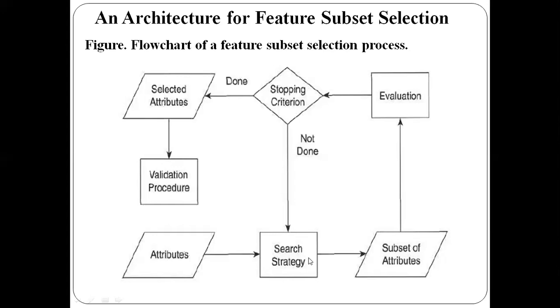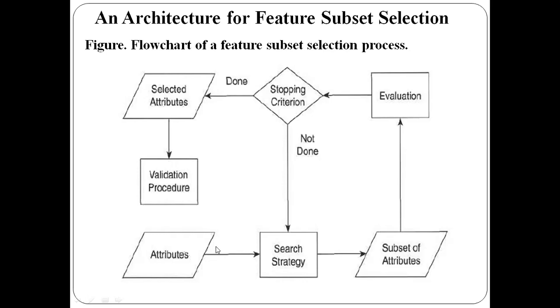So search strategy is nothing but one of the methods. This method is going to control the generation of the subset of features. Okay, so with the help of this, you can control how many features you can generate. In order to use this search strategy, it must have two characteristics. One is that this search strategy must be inexpensive, it must not be costlier. Second thing is, it must give you the optimal subset of features which will be suitable for your data mining algorithm. So those are the characteristics of the search strategy.